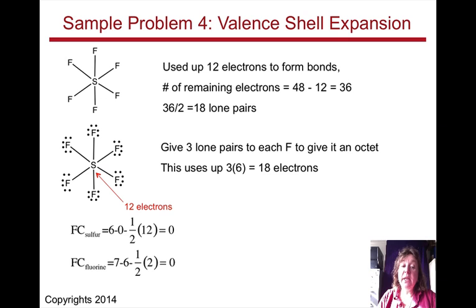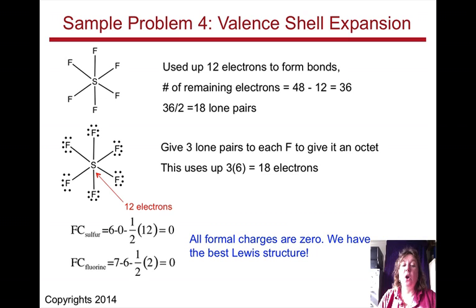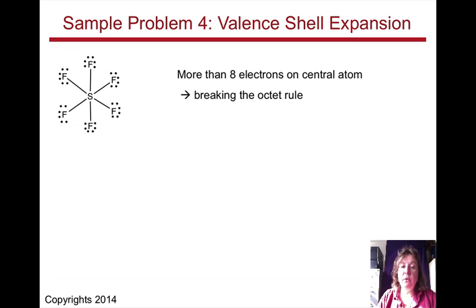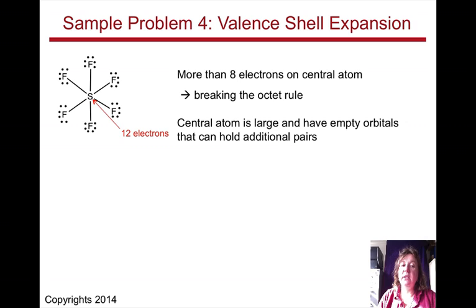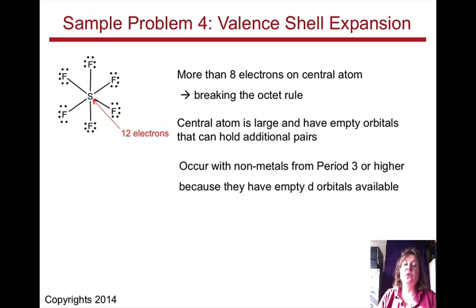Oh, but look, when we calculate the formal charge, sulfur is 0. So it's okay. We have the best Lewis structure because all the elements have a 0 formal charge. So what's with sulfur? Can sulfur break the octet rule with 12 electrons? The answer is yes, it can. If the central atom is large and has empty orbitals, it can hold additional pairs. This only occurs in nonmetals from period 3 or higher because they have the empty d orbitals. And if they've got the empty d orbitals, their magic number is not 8. It can actually go above 8 if they make use of those d